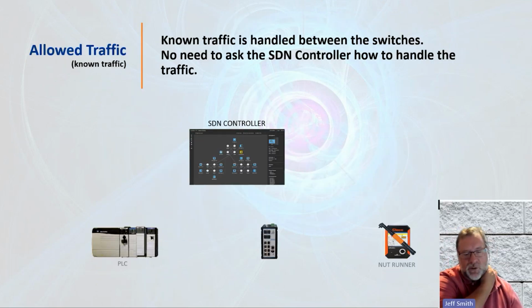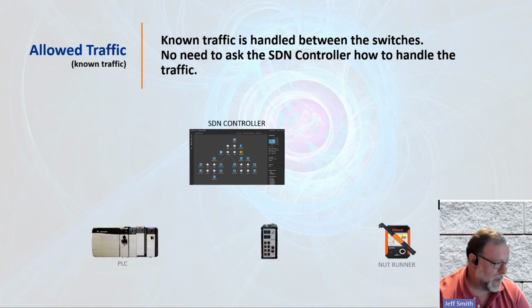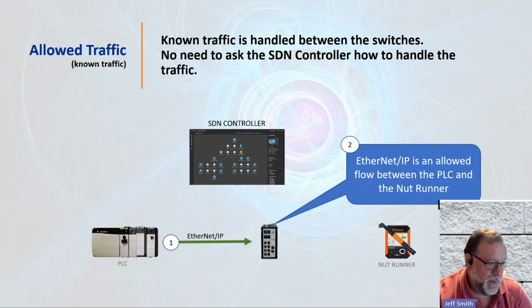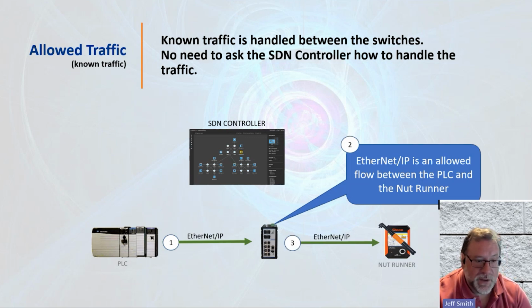Allowed traffic. So if I've gone through and I've said, I'm going to allow this PLC to talk to that nut runner, then the switch doesn't have to communicate to the controller and ask, is this allowed? It's already allowed. So since it's already allowed, the switches do their thing and they switch traffic. They allow the traffic between those two endpoints. And the first time that communications happens, the switch will let the controller know. So you'll get a log message indicating this device has started communicating with this device over Ethernet IP. After that, you won't see messages unless something unusual occurs or some sort of anomalous behavior happens. Normally, the switch just does what switches do.